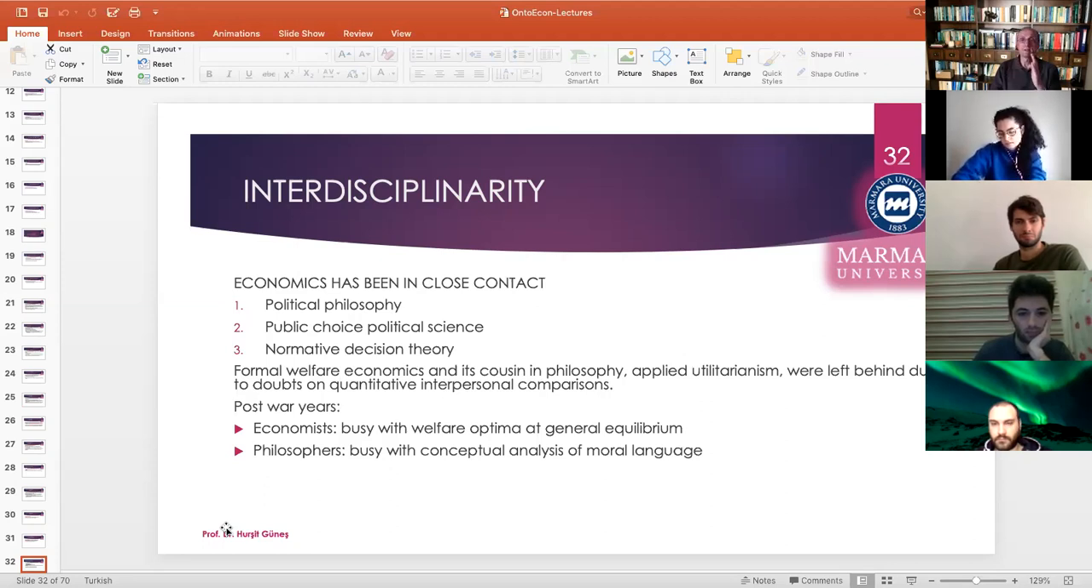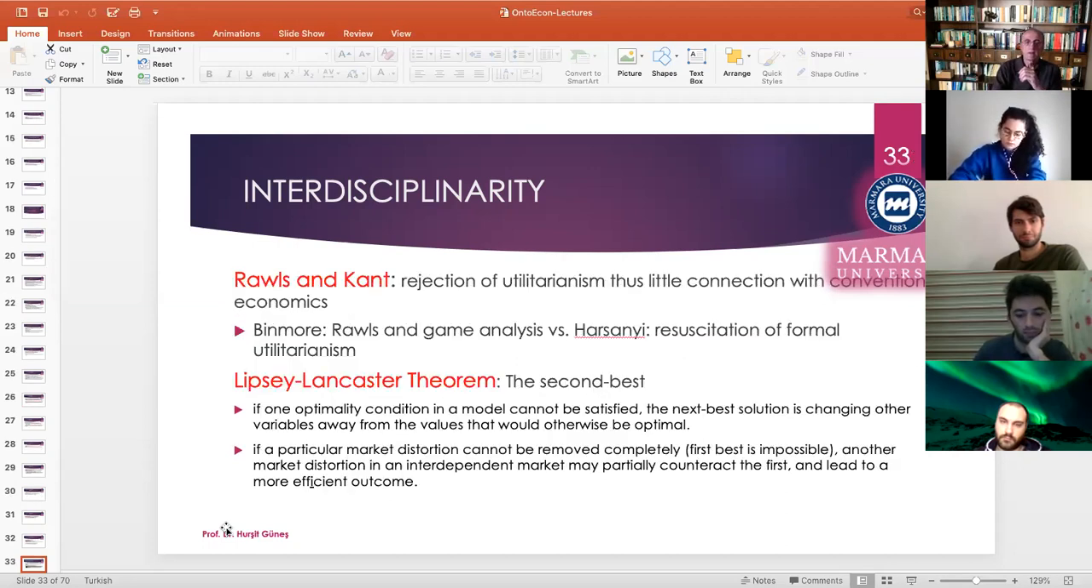Very much Kantian, yes. Economists were interested in disequilibrium and equilibrium in the post-war years, since Keynes. Now, here we come to the very important concepts, Rawls and Kant. Rawls, those who are interested in